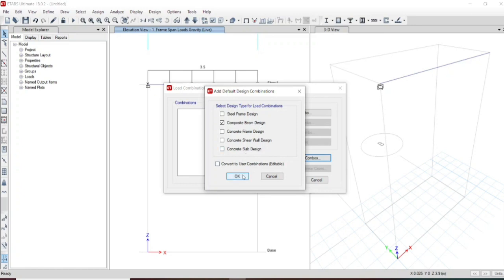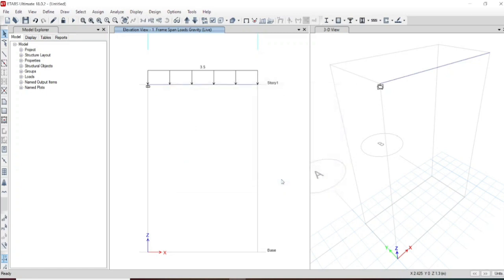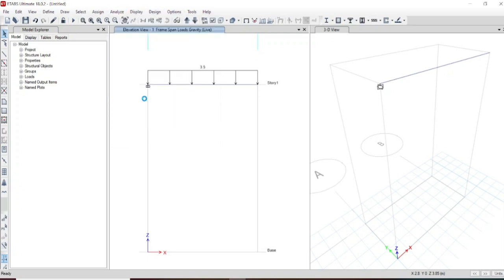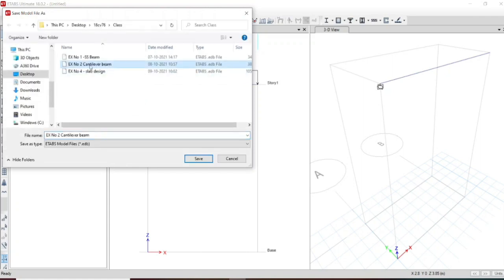Since we are designing only the beam, the beam load design combination is enough, and let us press OK here. Let us analyze this, run analysis. This is the second experiment, which is the cantilever beam.